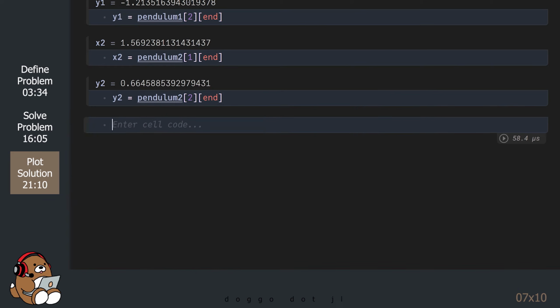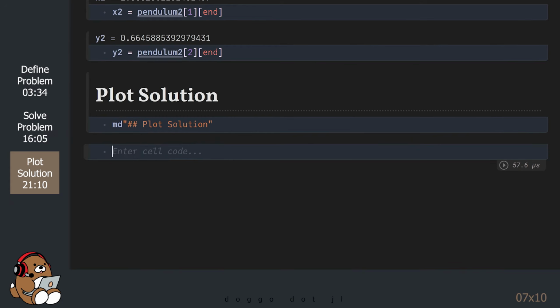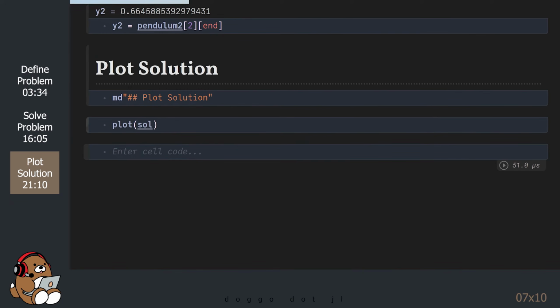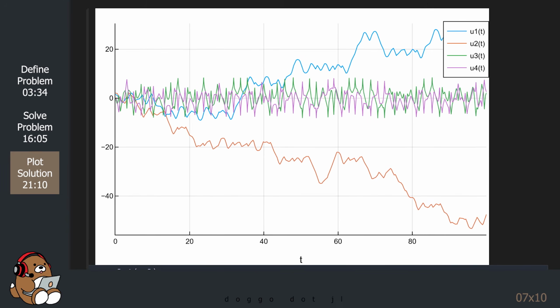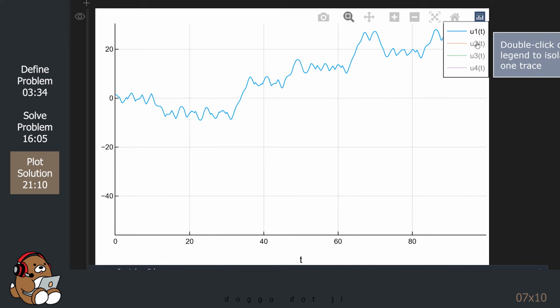Let's start by simply plotting the solution to see what it looks like. It's difficult to see what's going on here, since all four values are plotted against time. I don't want to spend a lot of time on this plot, but you can view the individual plots by clicking in the legend.